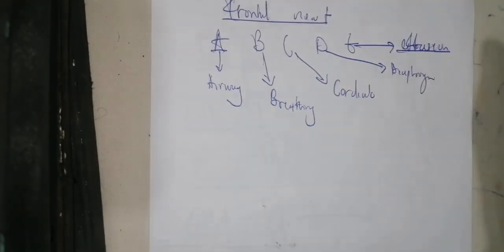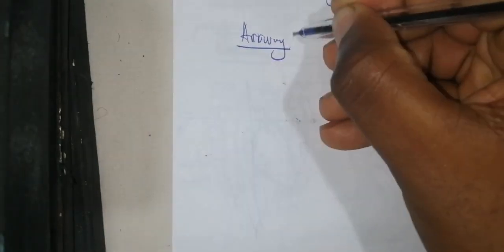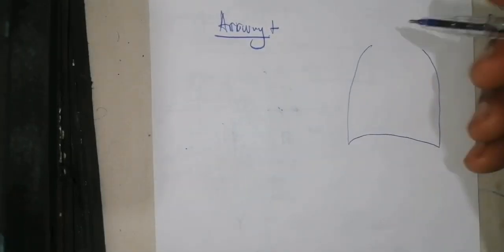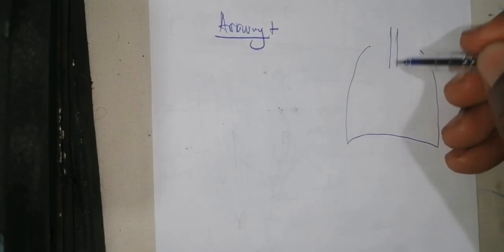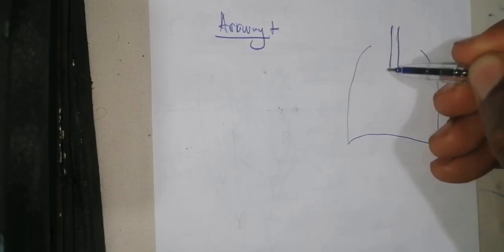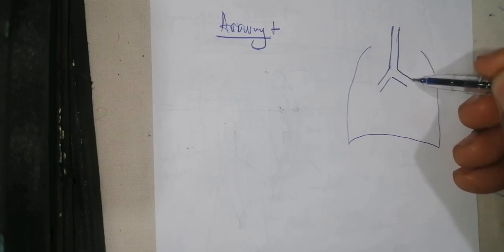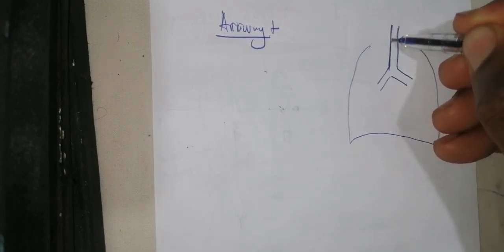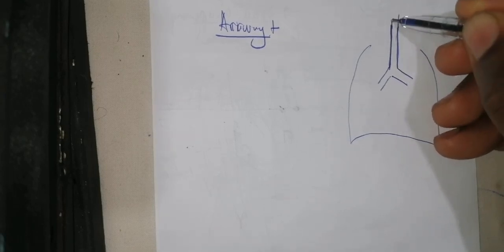So I'm just going to explain each of them. I'm going to start with the first one, which is the airway sign. What does it correspond to? Now, you can have an x-ray. So let's say that this is your x-ray here. In an x-ray, you need to visualize the airways. When you visualize the airways, you start from the trachea above,